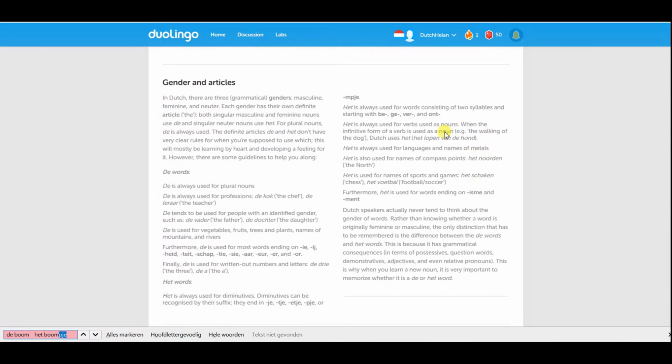Okay, one final thing that is not really mentioned here, but I would say it's not that important to know, is the differences between de and het. They say it is very important and just to memorize it, but they don't really talk about how many implications it has on the language. For the most part, it's not really relevant. People will understand you no matter what you use. So even if you would use de 100% of the time with every single noun, or het all the time,